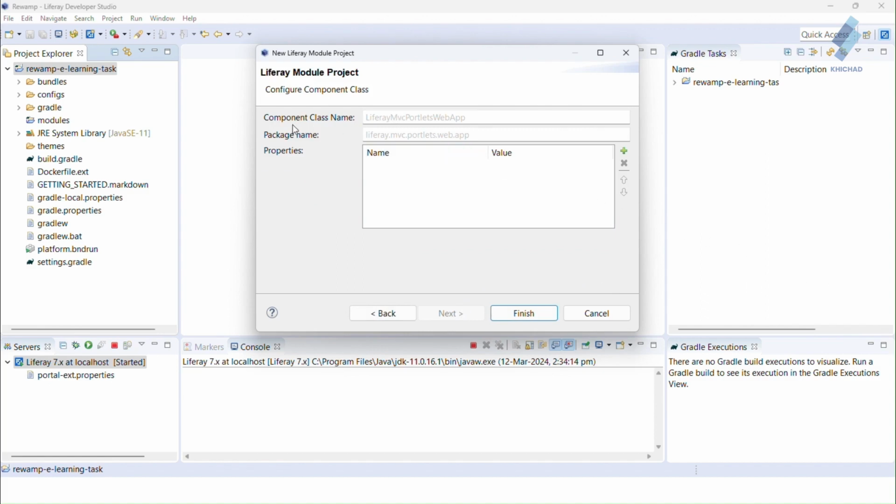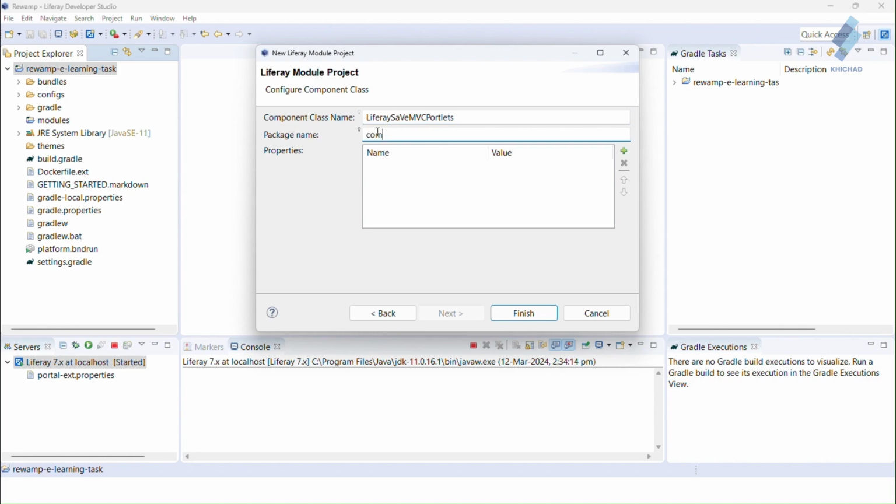Provide the component class and package name. So I give the component class name Library Save MVC Portlet and enter the package name.